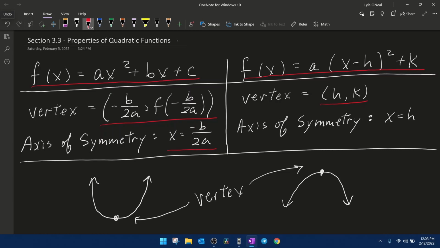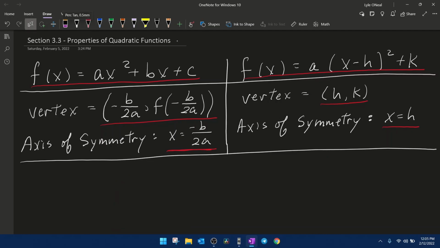Because in the parabola, the axis of symmetry is the vertical line that cuts the parabola in half. And since the axis of symmetry is a line, it has to be represented as an equation. Either x = -b/2a if you're in standard form, or x = h if you're in vertex